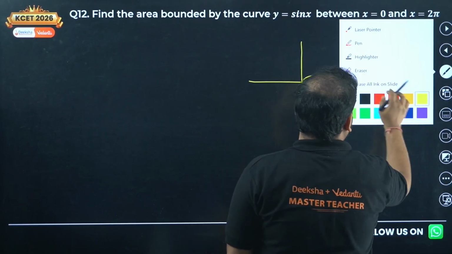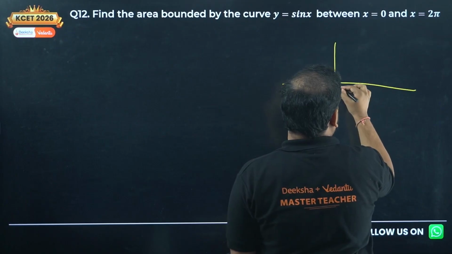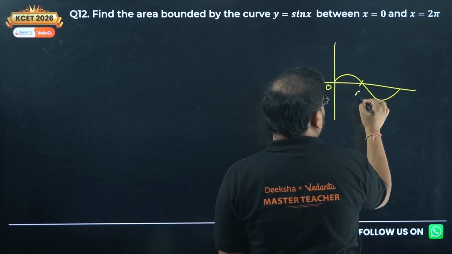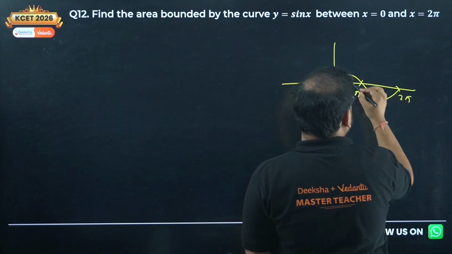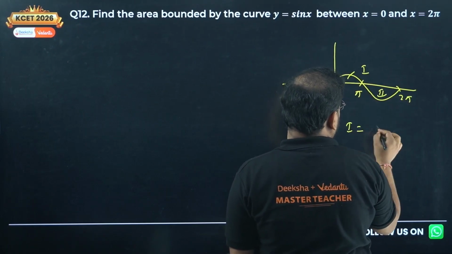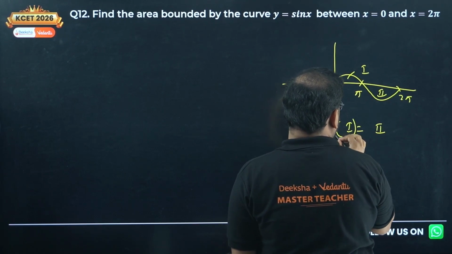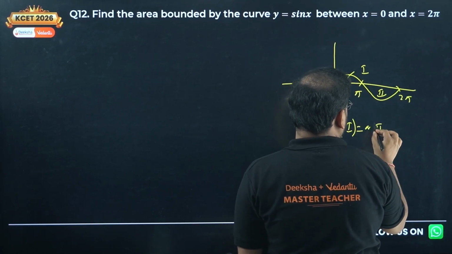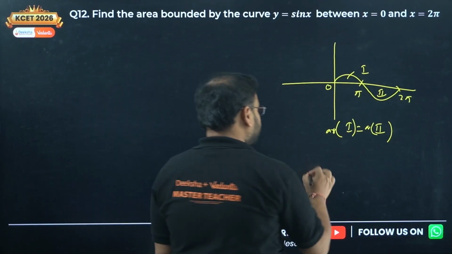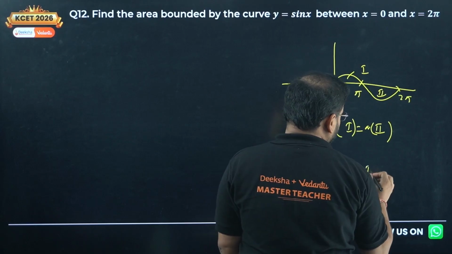Not looking perfect. I can do better. This is a little bit better. 0, pi, 2 pi. This is area 1 and area 2, and area 1 is equal to area of part 2. Got it? So how to find the area of part 1? Very simple. Your required area will be given by twice the area of part 1 first of all,